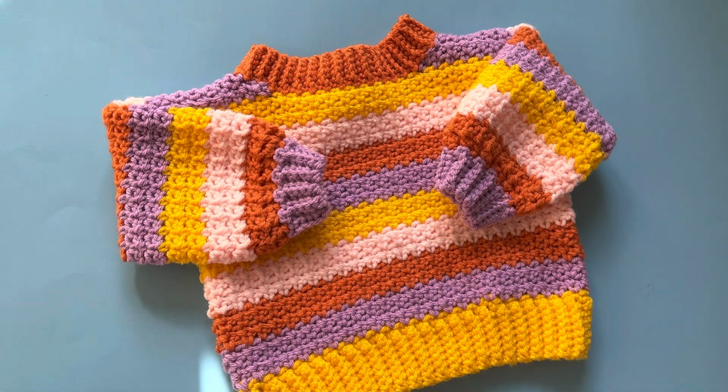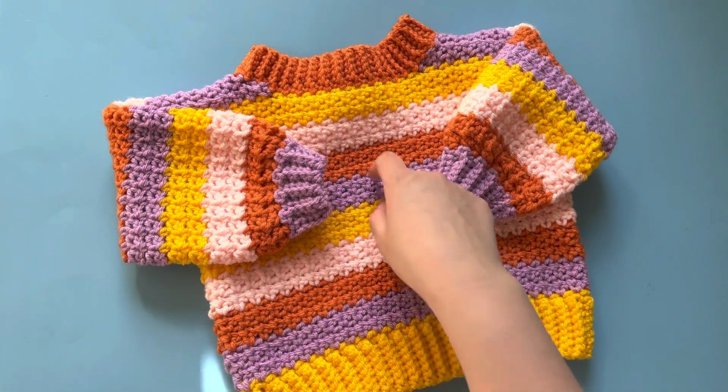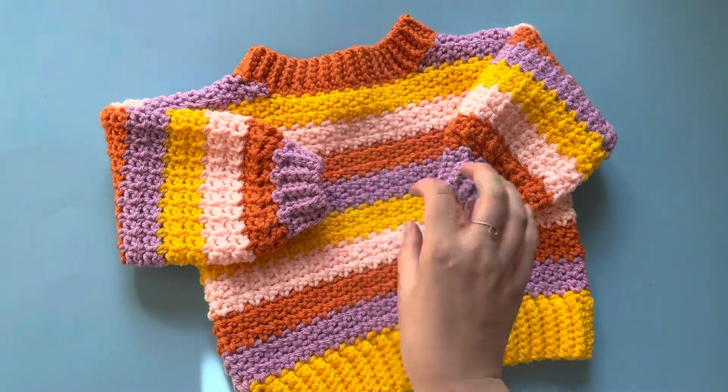So we'll be talking various materials and tools that you'll be using for these. We'll be working, of course, starting from the bottom ribbing, working that mesh stitch, working the collar, and then working